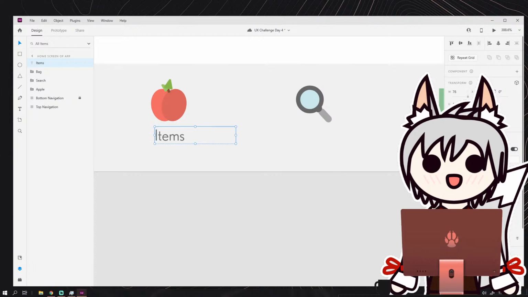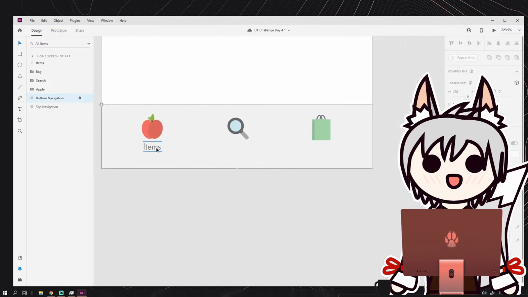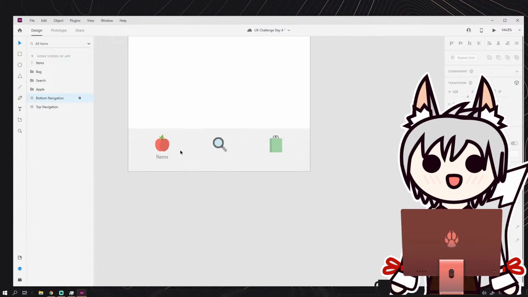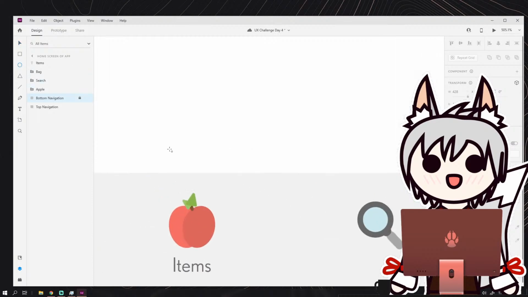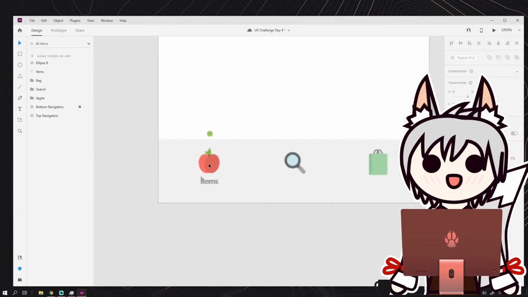Let's make these guys, there you go, like that. A little bit easier to center them. Okay, cool. And let's add, let's do like a green circle like this. And let's make the fill be, I don't know, this, and change that. So like they know that this is where they are. So you're here